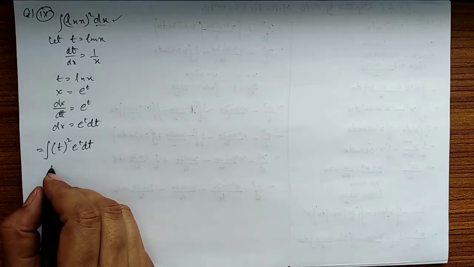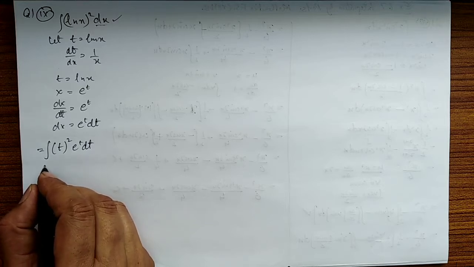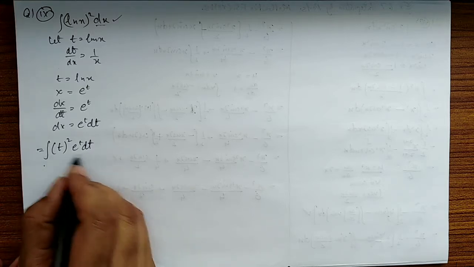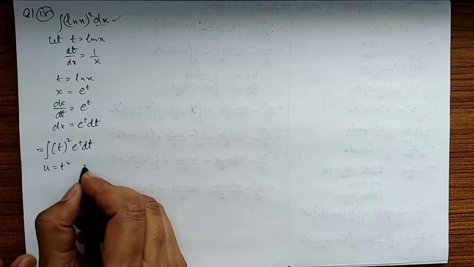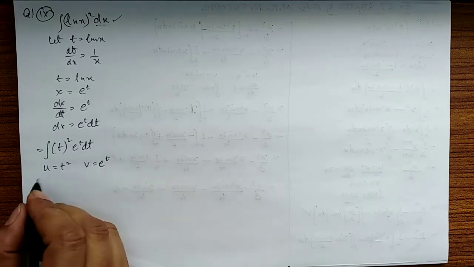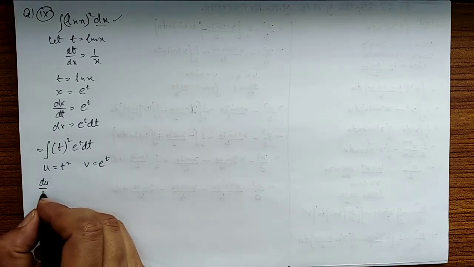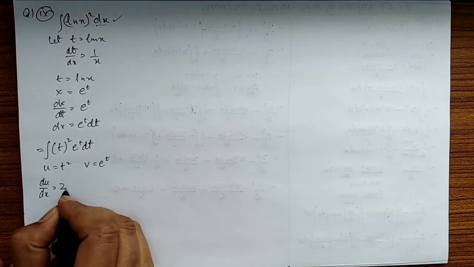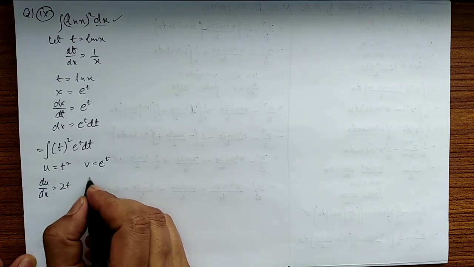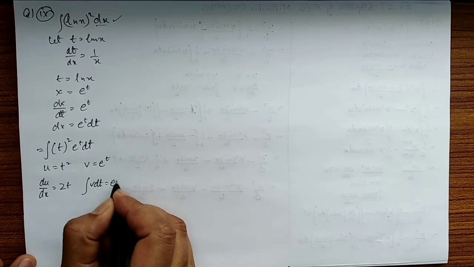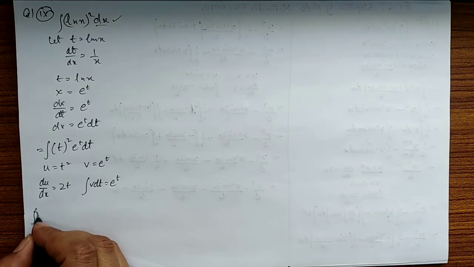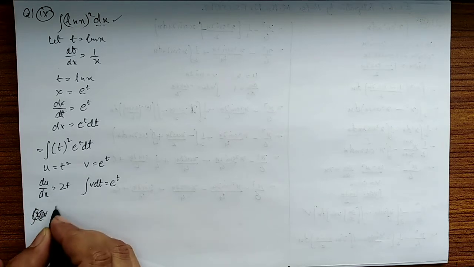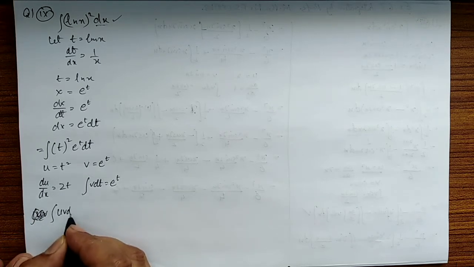So now, solving this one by using integration by parts, let u equals t square and v is equal to e power t. Then du upon dt equals 2t, and the integral of v dt equals e power t, right? So by using the formula which says the integral of u into v